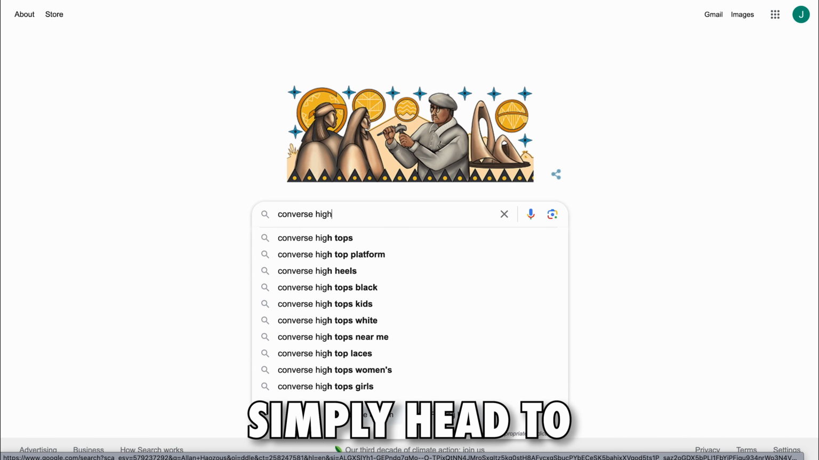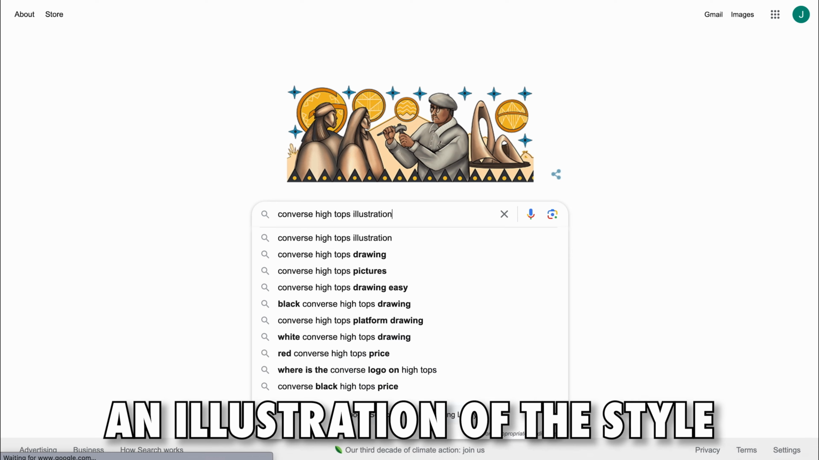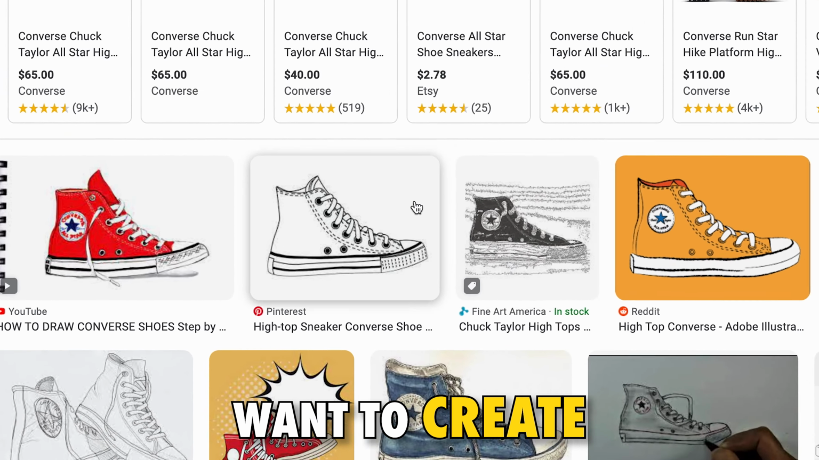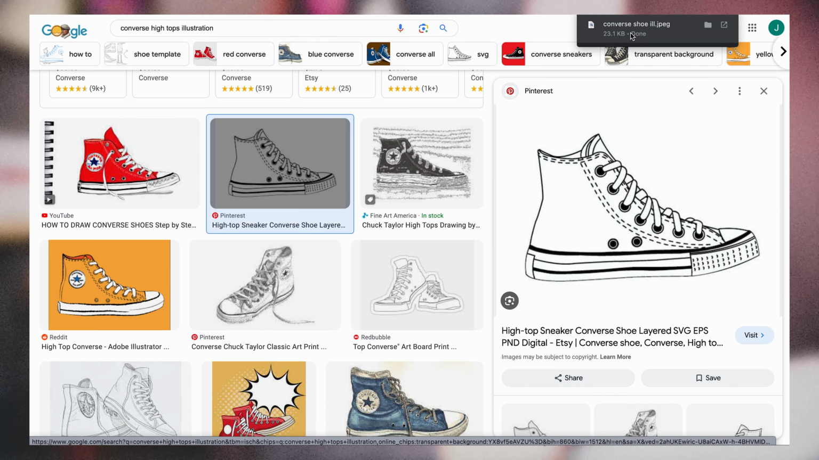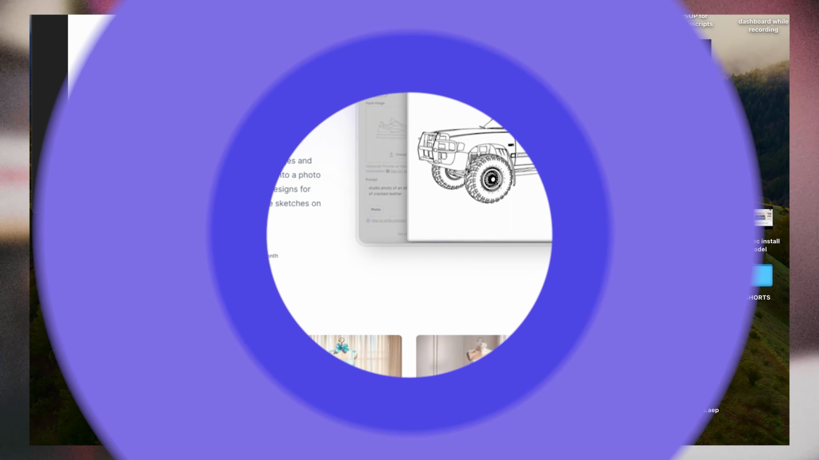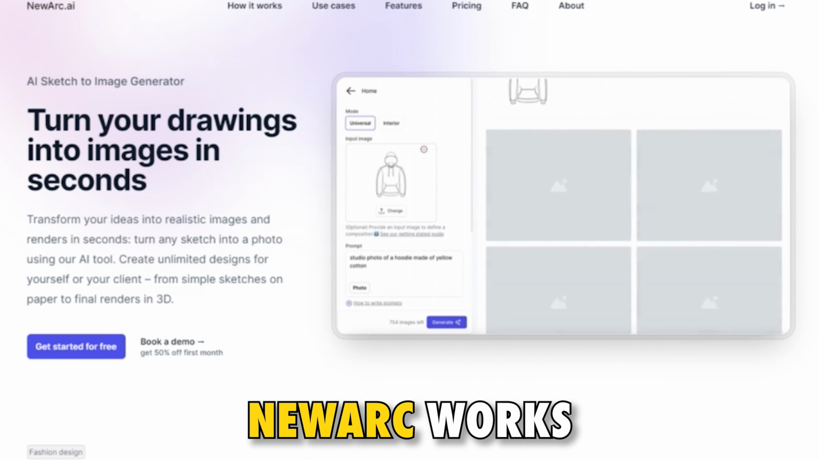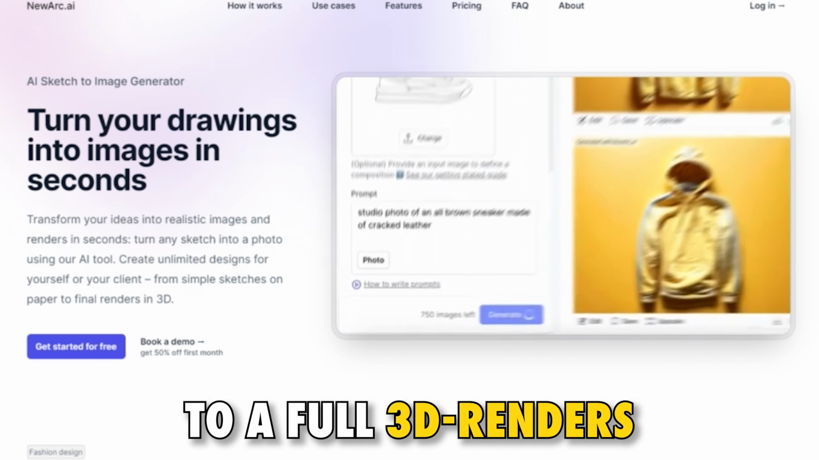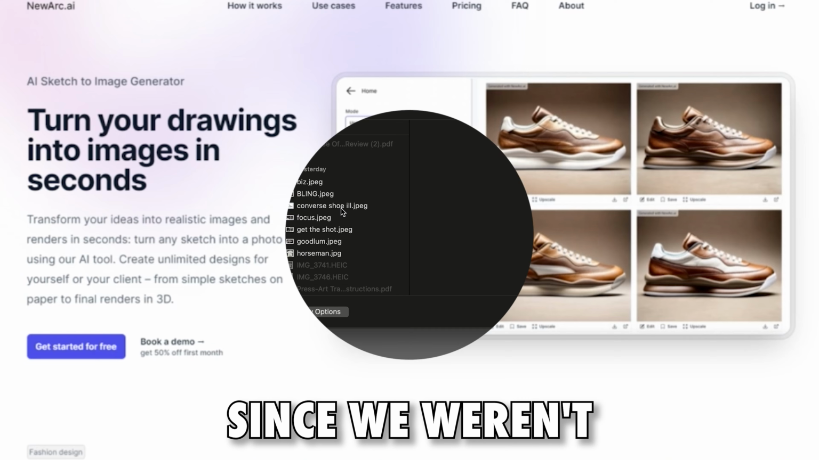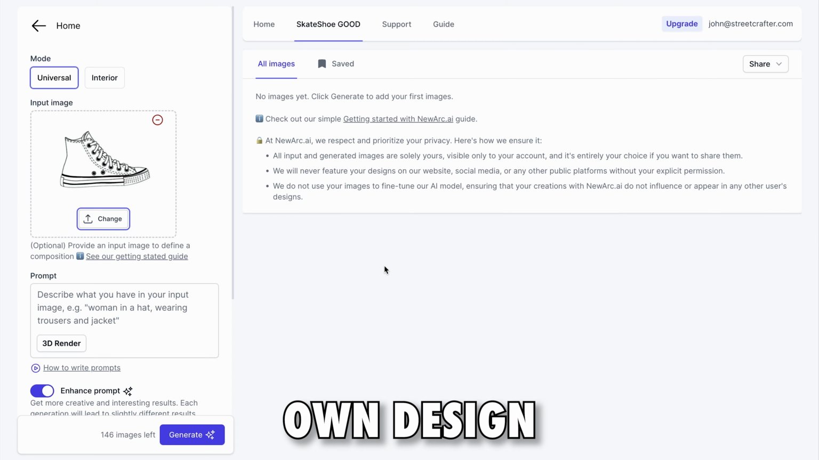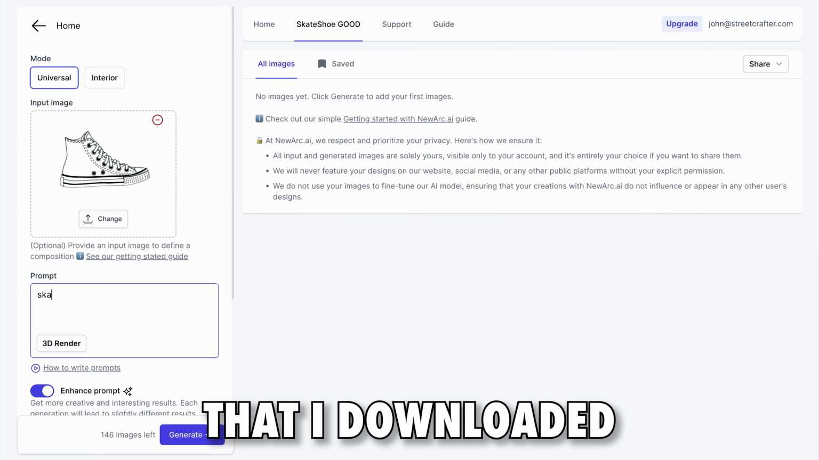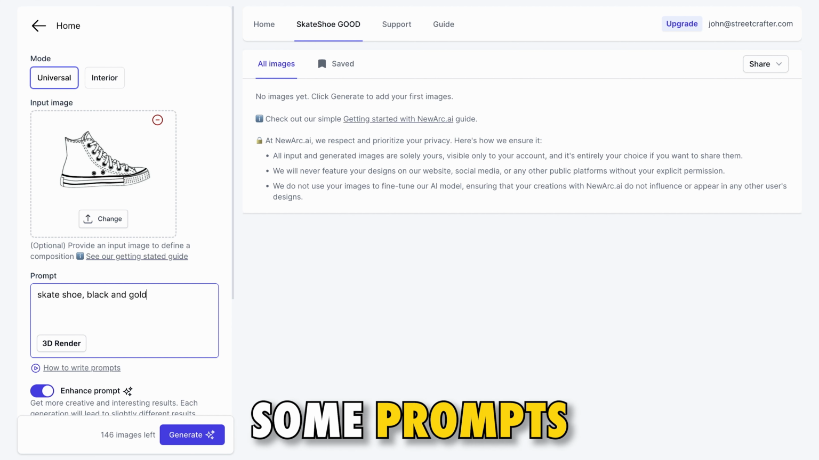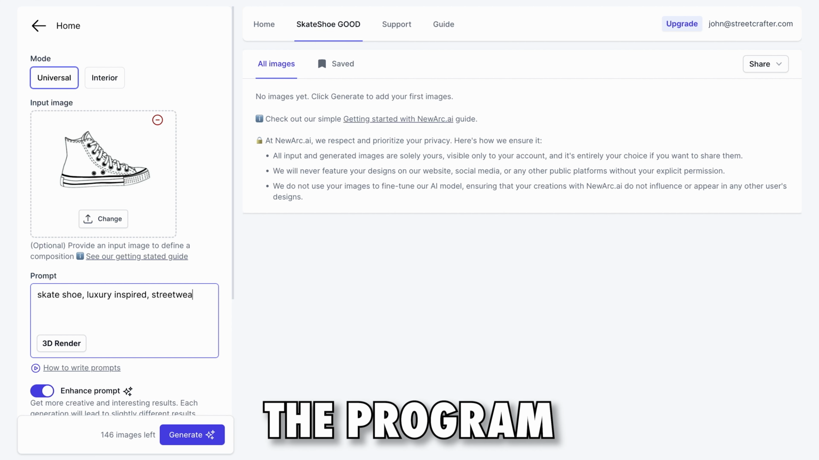To get started, simply head to google.com and pull up an illustration of the style of shoe that you want to create. And once I find a good image, I'm going to download it and then take it to a program called Nulife AI. Now, the way Nulife works is that it allows you to go from your sketches to full 3D renders with prompts that you give it. And since we weren't able to draw our own design, I'm just going to upload the sneaker graphic that I downloaded and start to give it some prompts,